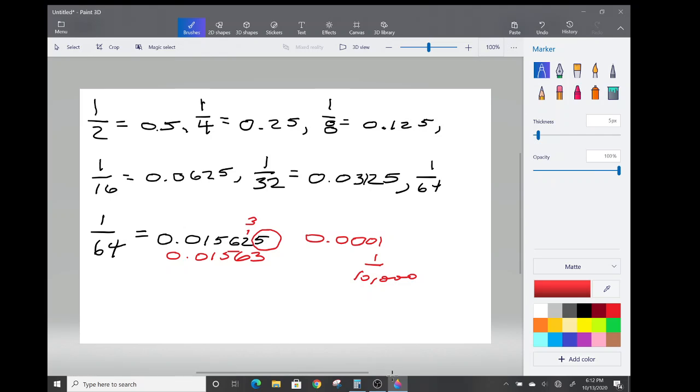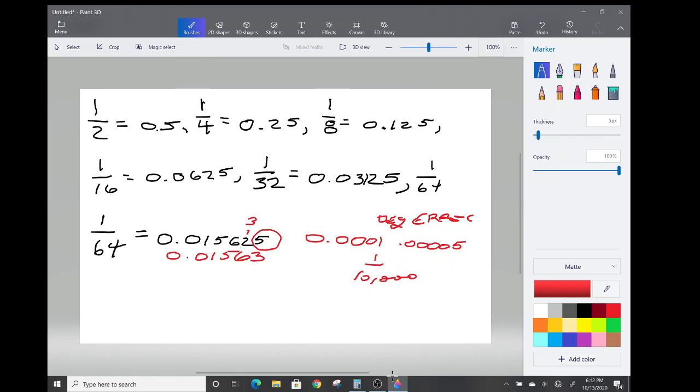Our degree of error, however, is plus or minus half of our degree of precision. So in other words, the degree of error of this number would be 0.00005. It's half of that, right? So that means theoretically, if we're measuring something to 4 decimal places, we could err plus or minus